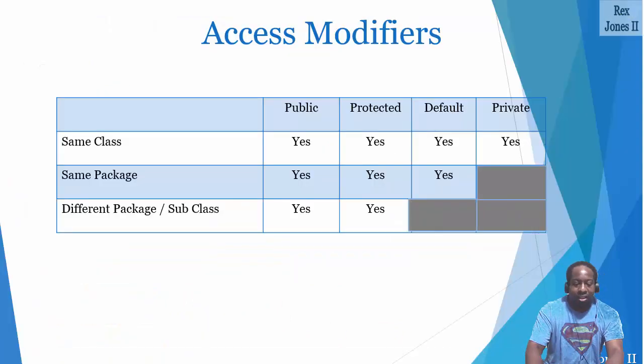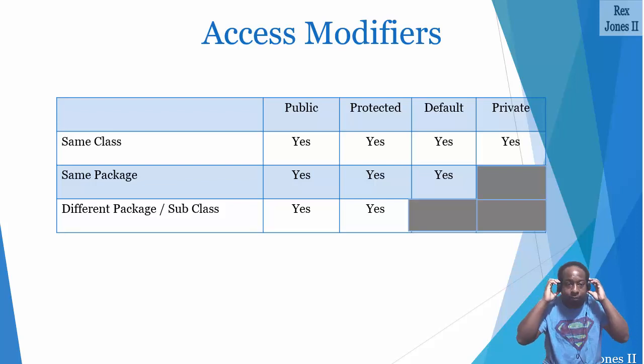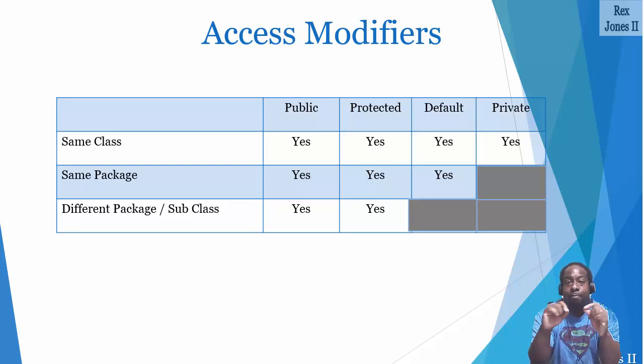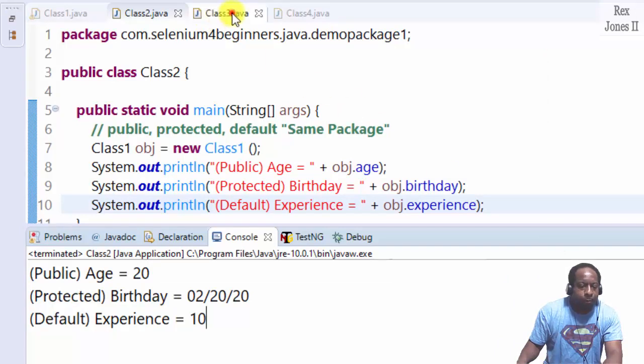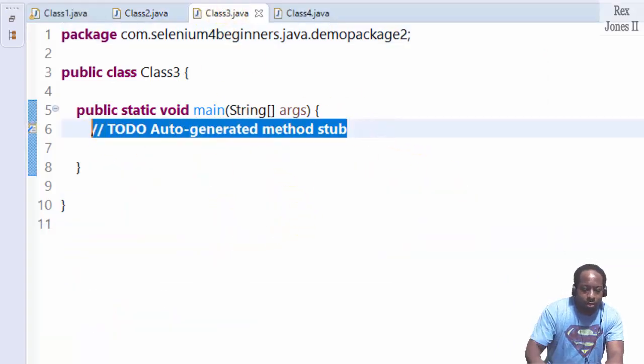Access modifiers get interesting when dealing with a different package. Only public and protected are visible in a different package. However, protected members are only visible if accessed through a subclass. Go to class 3, and we're going to write as a comment